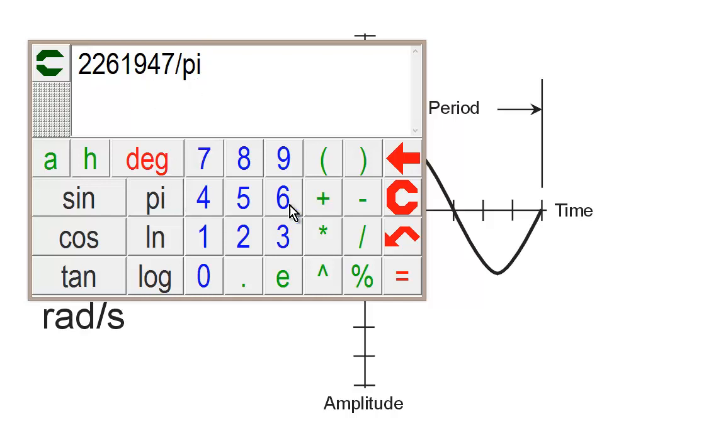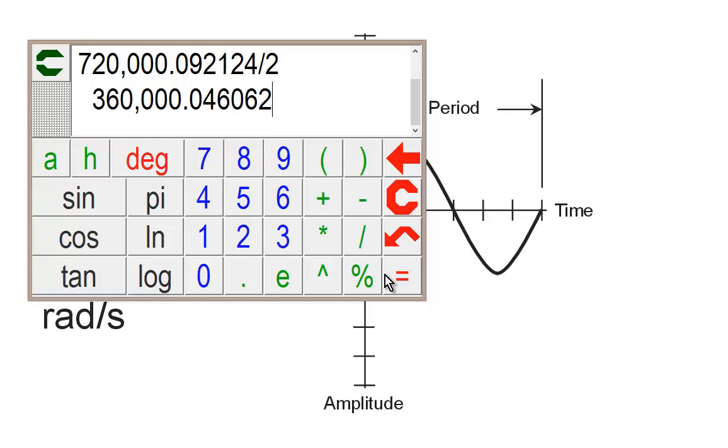Now we're dividing by pi here. We need to first do that, and that gives us 720,000 hertz. But we need to divide by 2π, not by pi, so we need to turn around and divide this again by 2, giving us 360,000 hertz, or